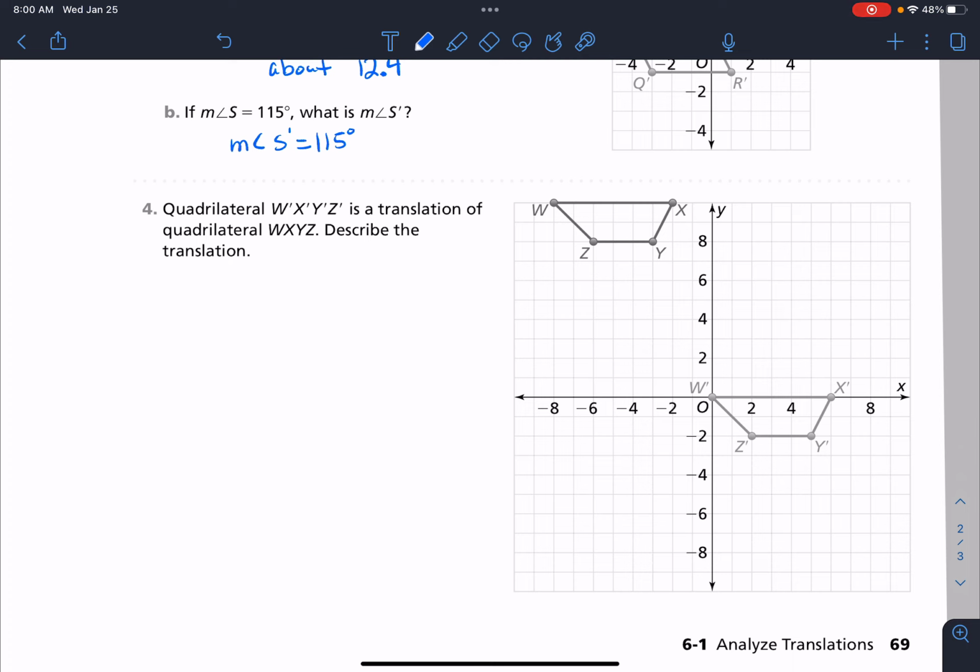All right, so we got quadrilateral W prime, X prime, Y prime, and Z prime as a translation of quadrilateral W, X, Y, Z. Describe the translation. Well, to go from W to W prime, if you just figure out one of them, you know all of them. So let's count it out. We go 1, 2, 3, 4, 5, 6, 7, 8 units to the right. So 8 units